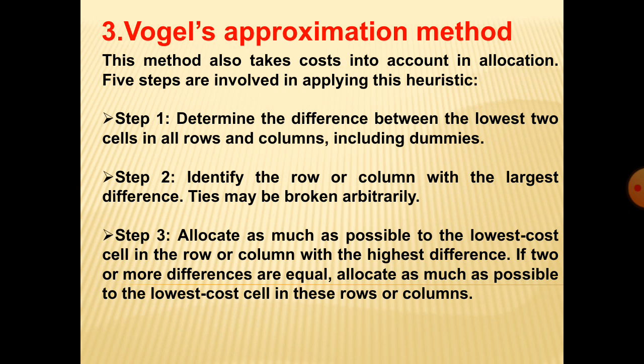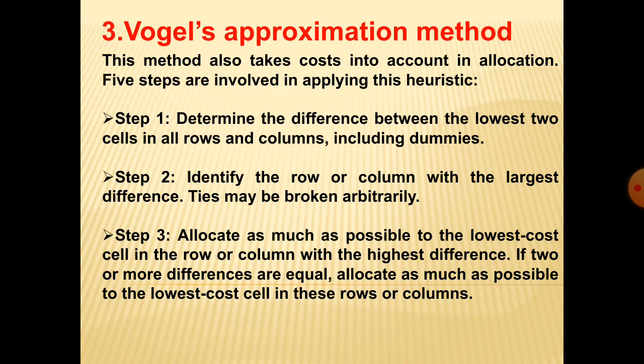In the exam, if the examiner asks you to solve the problem for the initial basic feasible solution by northwest corner, you have to choose that method only. If they ask for the least cost method, you have to use that method only. If they ask for the VAM method, you have to solve by VAM only. If they don't ask anything, you choose according to your convenience, whichever method you are comfortable with. Let us continue the class.